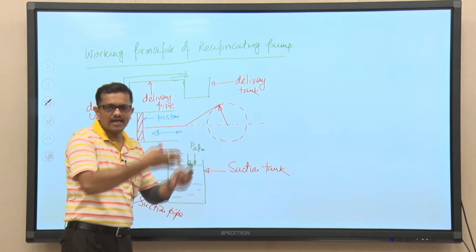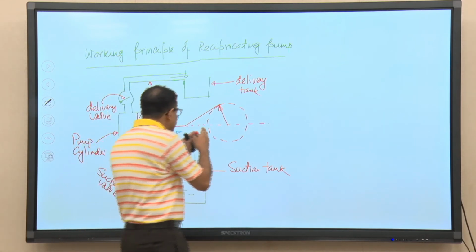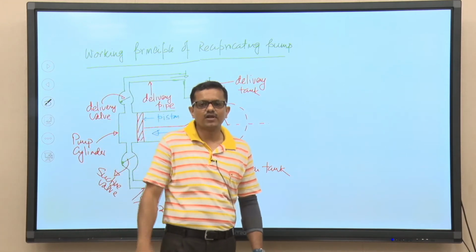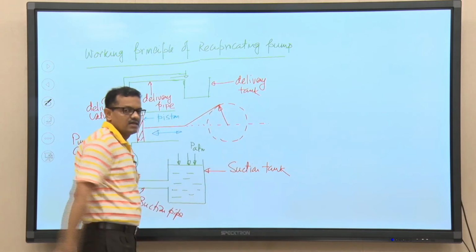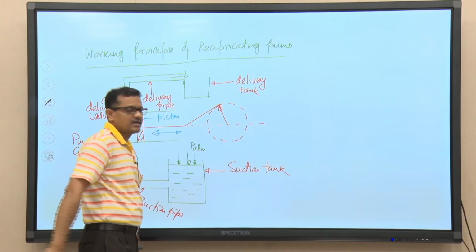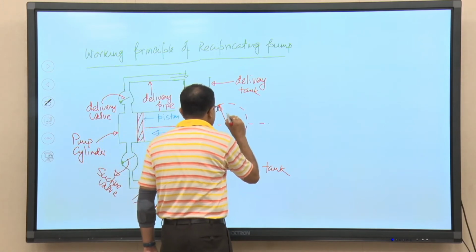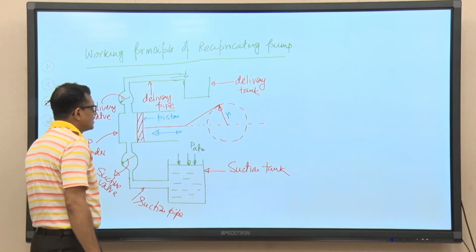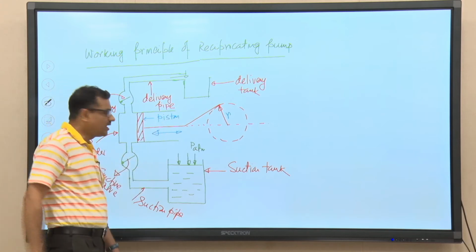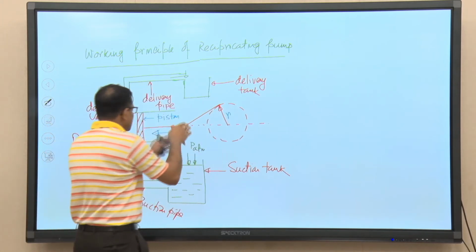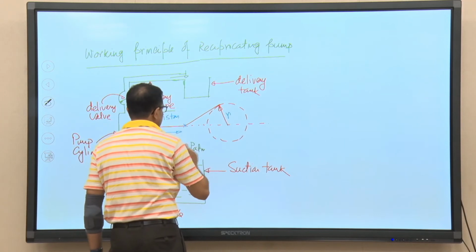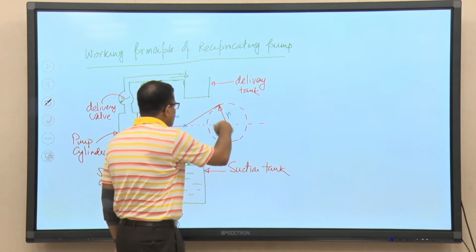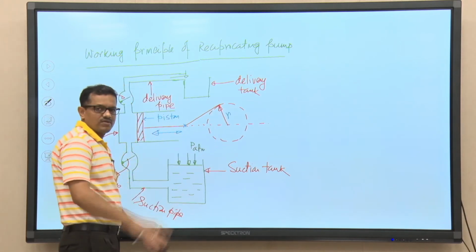The piston can be operated manually, as I was saying, but you also have an option, if it needs to run for a longer time, to run it by an electric motor connected through a crank and connecting rod mechanism. Say this is the crank, and the radius of the crank is r. It has rotary movement, and that rotary movement is converted to linear movement using this connecting rod. Okay. So, this connecting rod allows the rotary motion to be converted into linear motion, and that is what you have studied in the machine design course.